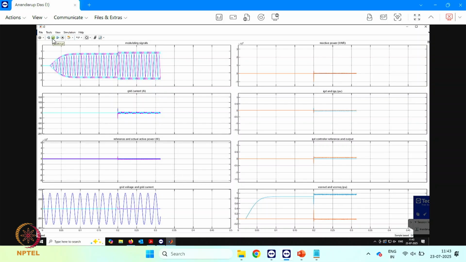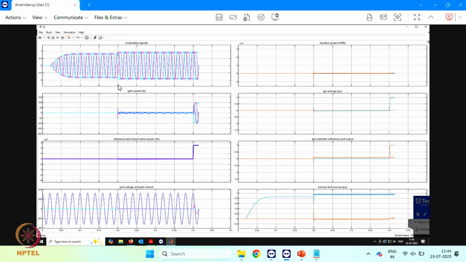So now let us continue and see what happens at t equal to 0.4 second. We will give an active power reference of 1 per unit. So let us continue with that. Okay, and at 0.4 second we will give a 1 per unit active power reference. So now just let it settle a little bit. Now here, okay, now you see